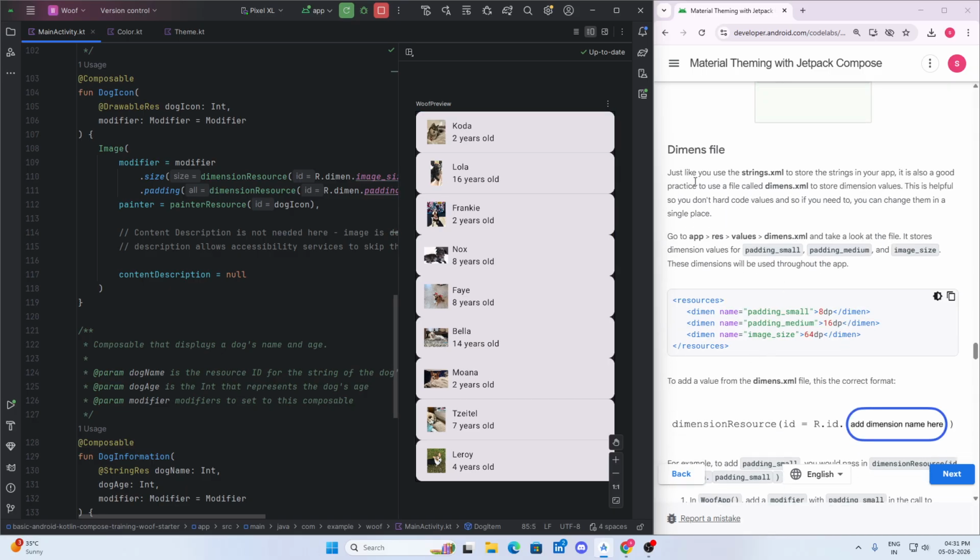So we need to just move to the dimens file. You can see this is already given. We just need to go and take a look. It is said to take a look. So you can just see that part. I will just show you that. Make sure to